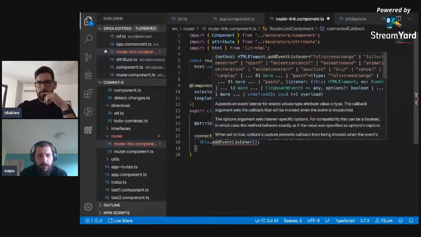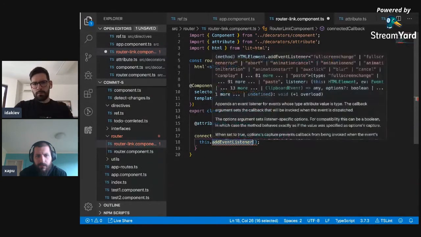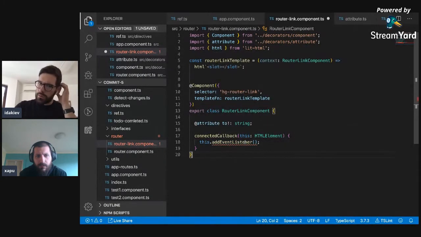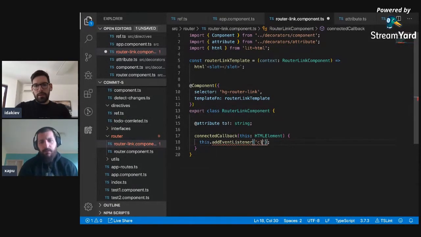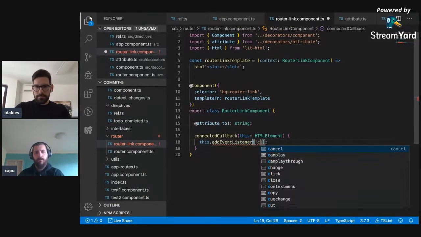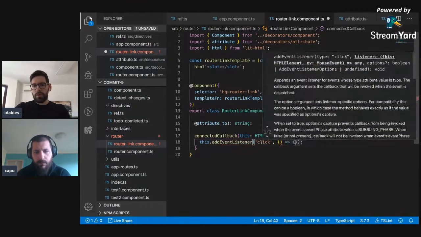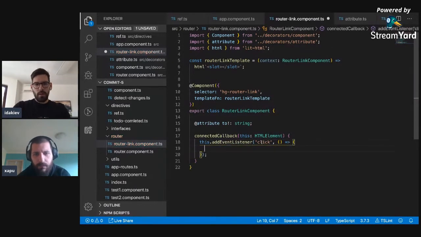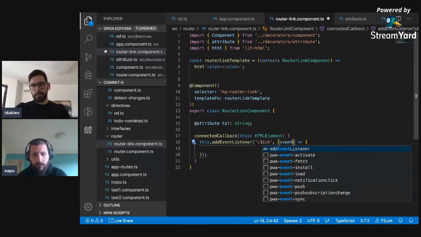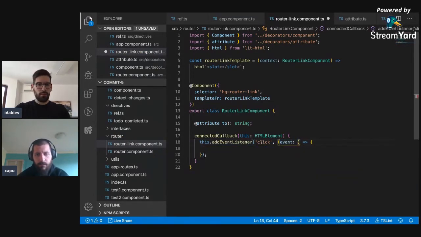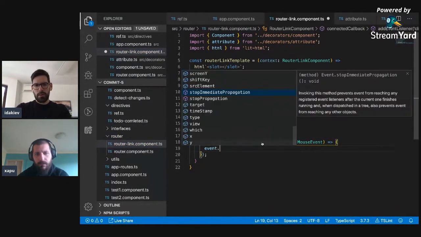I'm just wondering how we should do this. But yeah, this should be okay. So I'll add event listener for click. And here we are going to provide a function, and in this function, we're going to get the event. Event is going to be what? Mouse event, I think. The click is a mouse event. And here we can say event dot